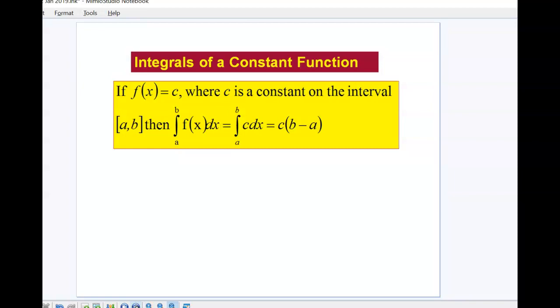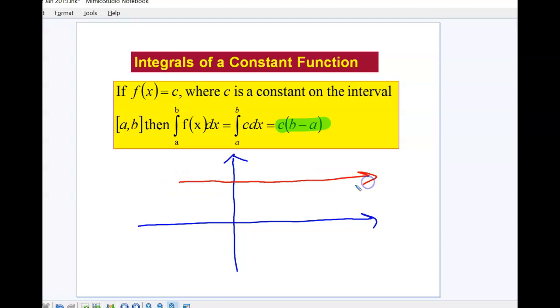Okay, the integral of a constant. If we have a constant function and we're trying to integrate it, basically the formula for that is just whatever the constant is times b minus a. Now, if you stop and think about this, it makes a lot of sense because if we had a constant function, say y equals, say, 7, and I'm evaluating the area of the integral, let's say from 3 to